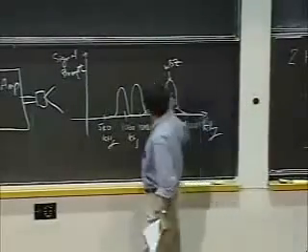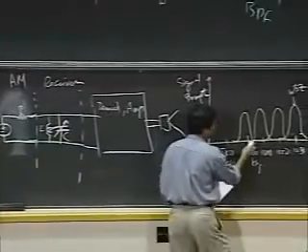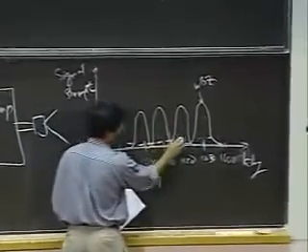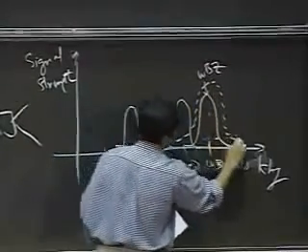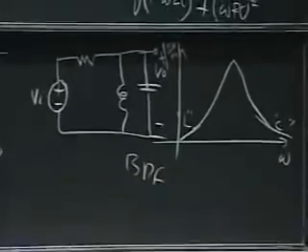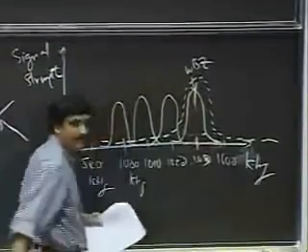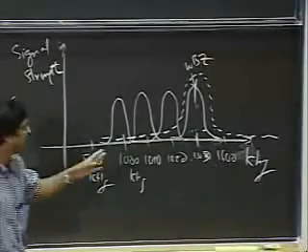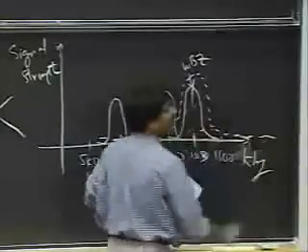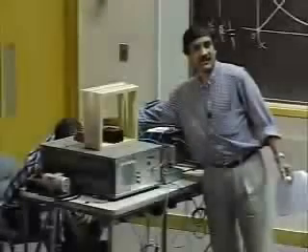Okay? So how do you listen to that station? The way you listen to that station is you put a filter here that does the following. Let's say I want to hear WBZ 1030. If I pass this entire signal through that filter, and if I arrange to have the omega naught of my filter at 1030, then this is the response of my filter, and I'm going to pick out this guy and cut out everything else. I'm just going to get this. And that is